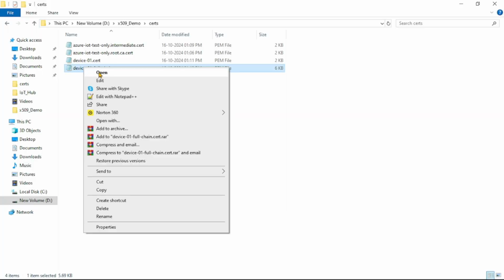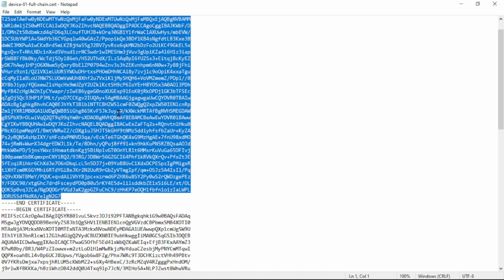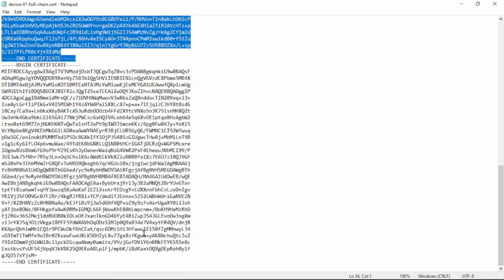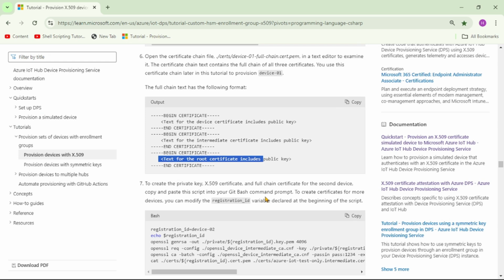So let's open. The first part corresponds to the device certificate, the second part corresponds to the intermediate certificate, and the third part corresponds to the root certificate, and that is how the chain of certificates is maintained, and this full chain we pass to DPS for authentication. Let's close it.